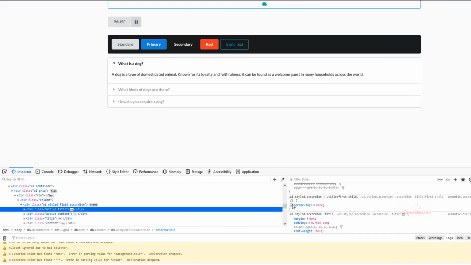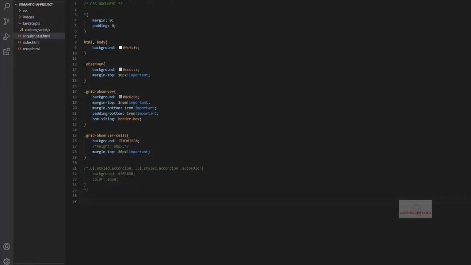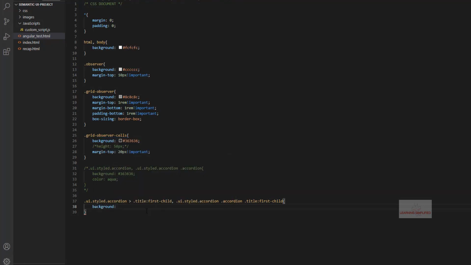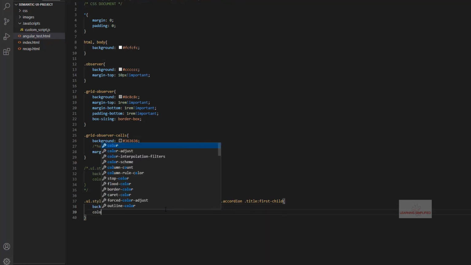So where is the exact place where we should be making any kind of changes? So here goes the class practically where we need to make any change on the title part. We can see it. We will be copying this class name, and if we head back to our project, we will be pasting it right over here. Now we will be changing the background color once again. So we have changed the background color here,